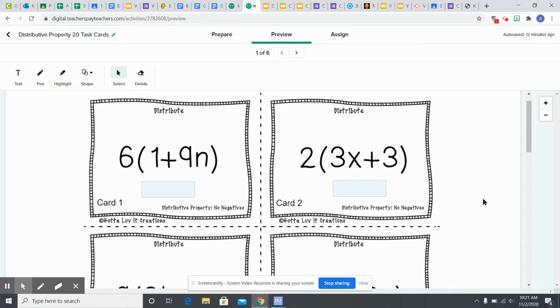And what I'm going to do is work the first 10 problems, the first 10 cards for you all, so that way you all can see how to do the distributive property if the video didn't explain it enough to you. Okay, so I'll do the first 10, and then after that you will do the last 10 cards on your own. But make sure you are typing in your answers